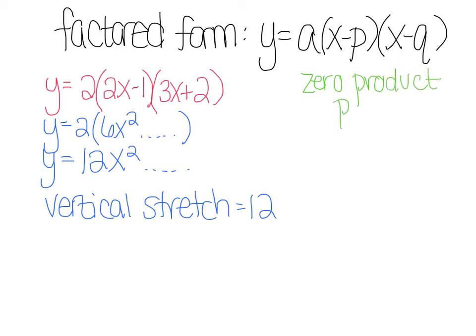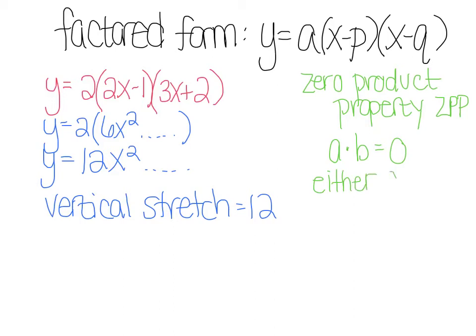Zero product property, or you can call it the ZPP. And the ZPP says that if I have A times B equals 0, then either A has to equal 0 or B equals 0. One of those two factors has to equal 0 for the product to be equal to 0. So if we look at a case like y equals 2 times (2x minus 1) times (3x plus 2),